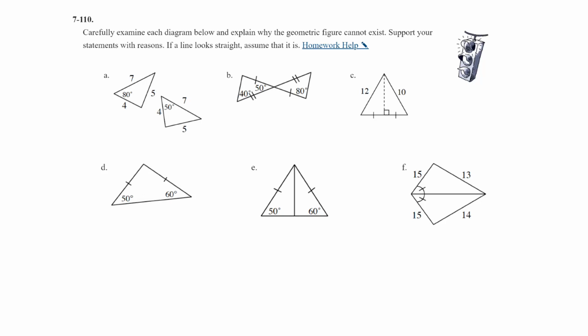Carefully examine each diagram below and explain why the geometric figure cannot exist. Support your statements with reasons. If a line looks straight, assume that it is. So starting with part A,